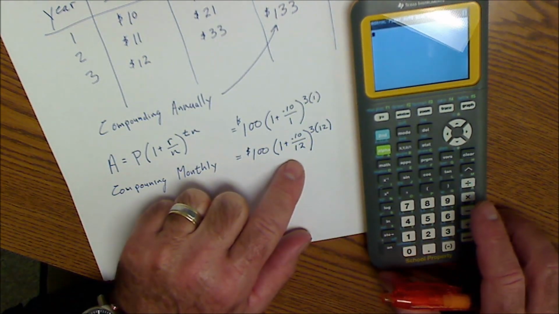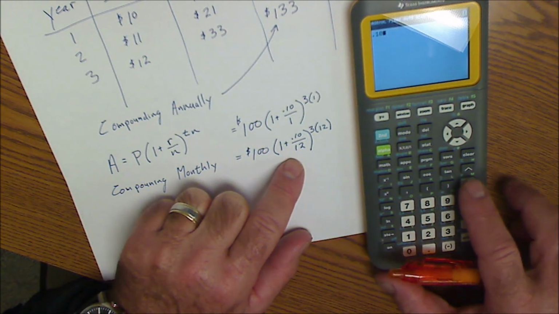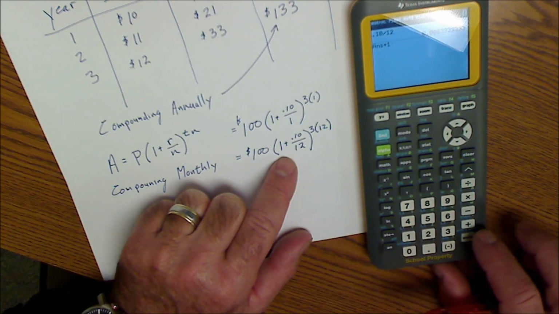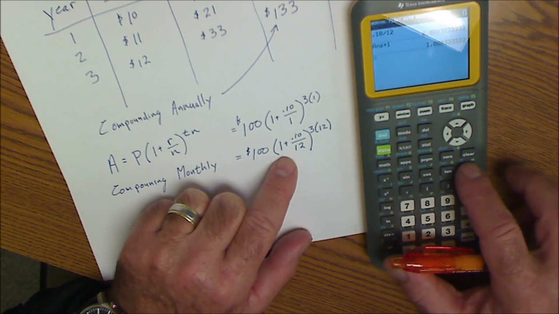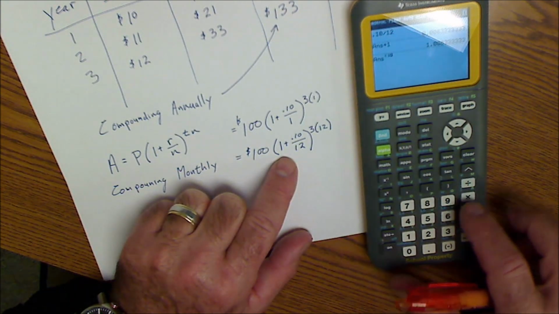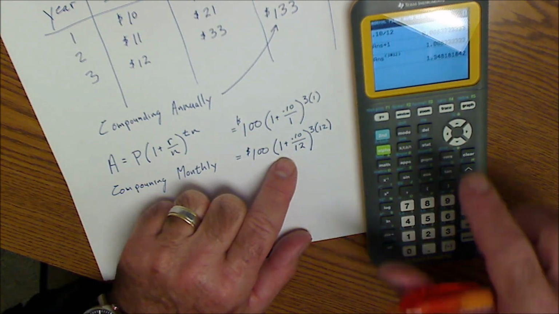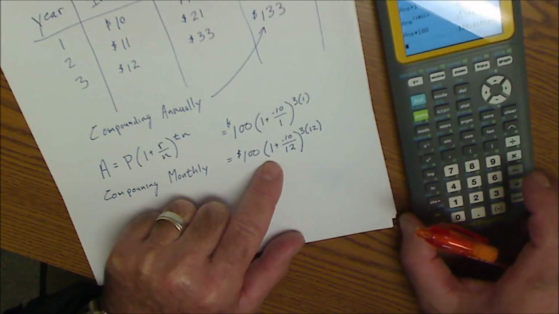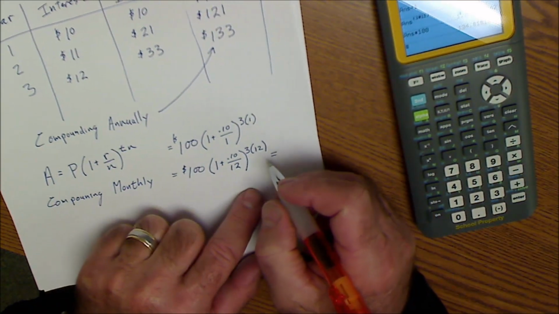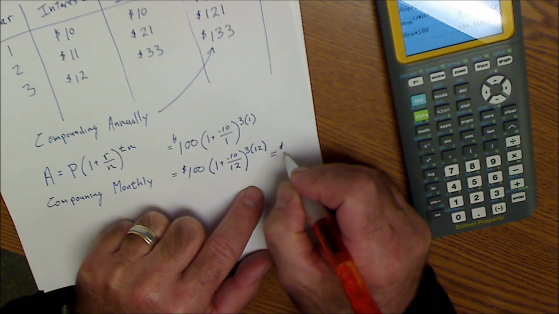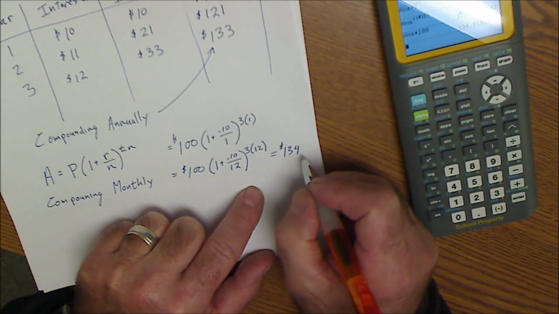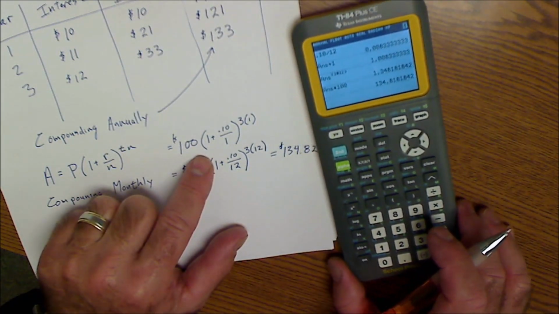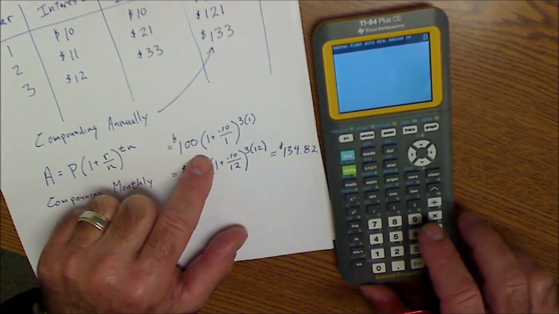So on my calculator, I'm going to do 0.10 divided by 12 equals, plus that 1 equals, that whole thing is to the power of 3 times 12, and then that times $100. So that gives me $134.81, actually 82 cents. If I did the first equation here, compounding it annually, it would give me